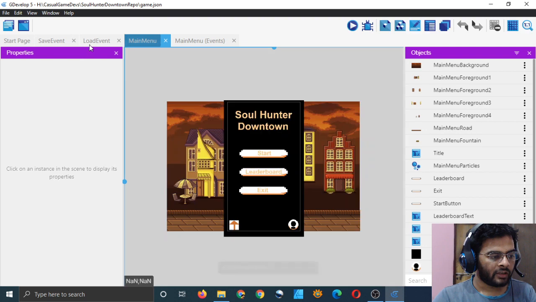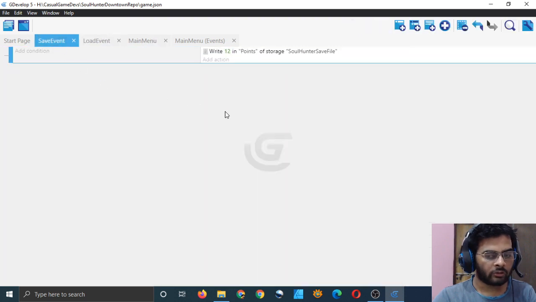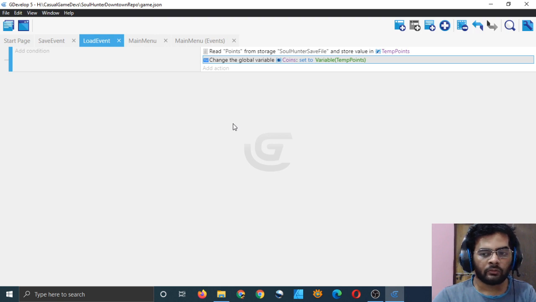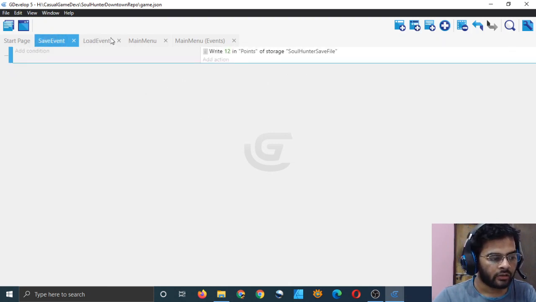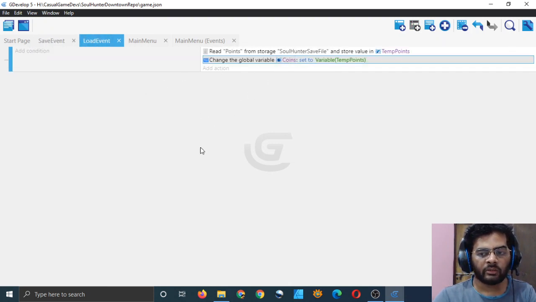And then what will happen is that we will save 12 in our save file, and then we will load 12 from our save file and put that number 12 in the coins variable. Although we said that it is points, I'm just putting it in the coins variable because I can actually see the coins variable right from the main menu, right? So I also have to make a functionality where we can see both the variables, but right now we can only see the coins variable by going to the upgrade screen. So let's test it out.